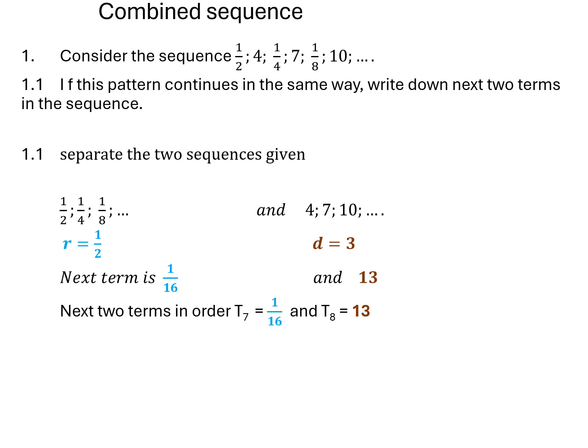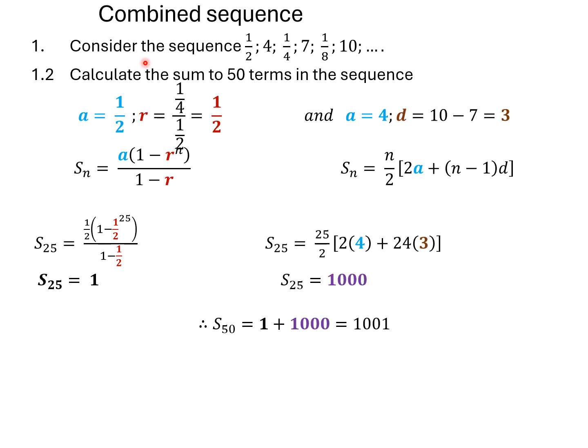Now, if you look at the second problem, they say calculate the sum to 50 terms in the sequence. Alright, so this is to catch you out. Specifically here, learners put sum 50 and sum 50 instead of understanding that it's two different sequences, 25 terms from the one sequence and 25 from the other sequence. So if we take the first sequence, which was half, a quarter, and 1 over 8,